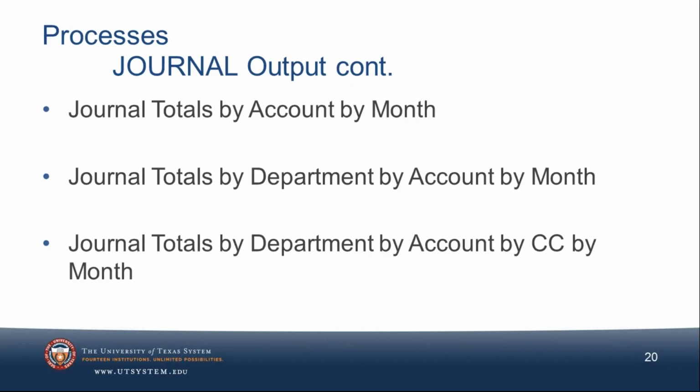As I said earlier, with the travel and entertainment tool, that would give you the opportunity to, for example, start at journal totals by account by month. Then you could drill down further into the account, see all the departments that are posting to that account during that month. Then you could drill down into a particular department that's listed, and see all the accounting for that department for their journal entries. So that's an example of how, instead of exporting a ton of Excel sheets, you can use the action fields and give the user the power to determine what they want to export themselves.